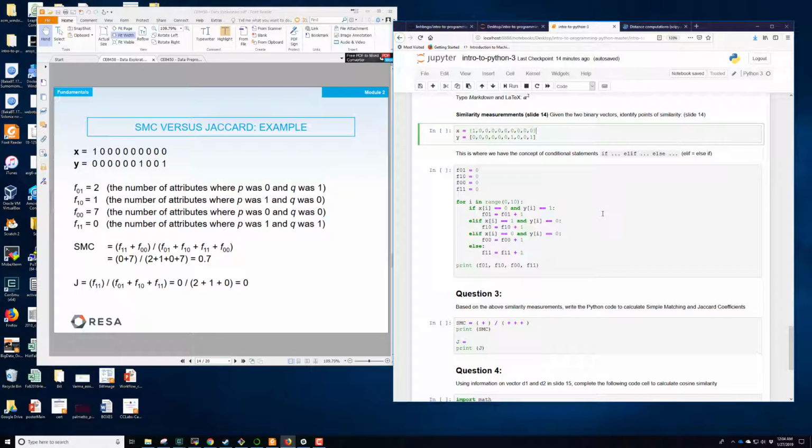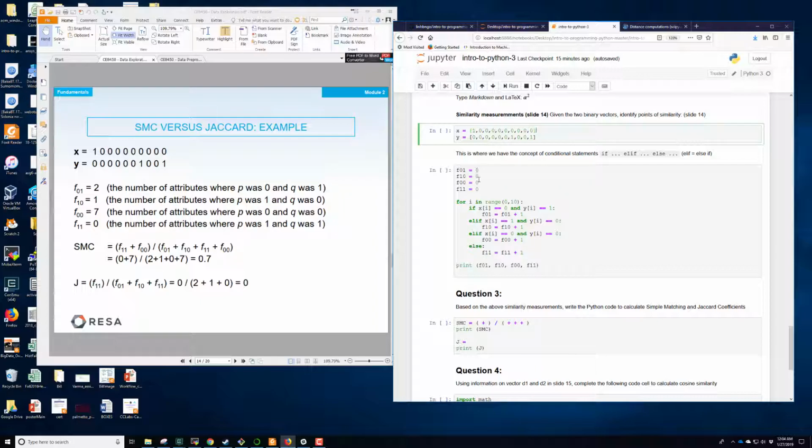And I would like to introduce you to the concept of conditional statements here. If, else if, else. So basically, if this happened, do that. Otherwise, if the other thing happened, do some other thing. Else, do something else. So let's start with the variables f01, f10, f00, f11 defined in this slide,